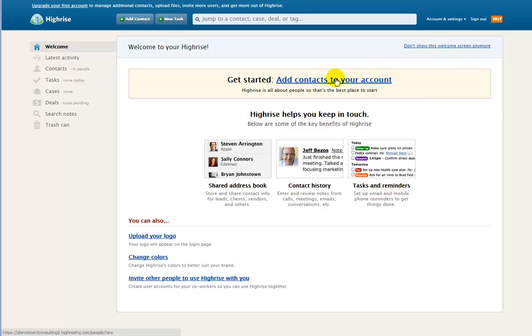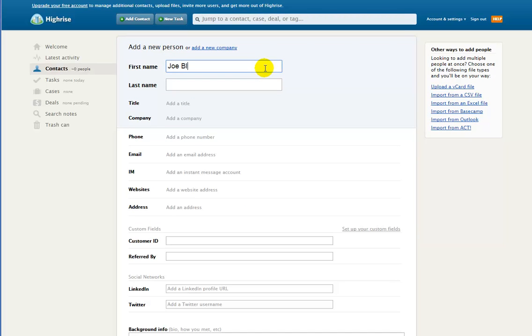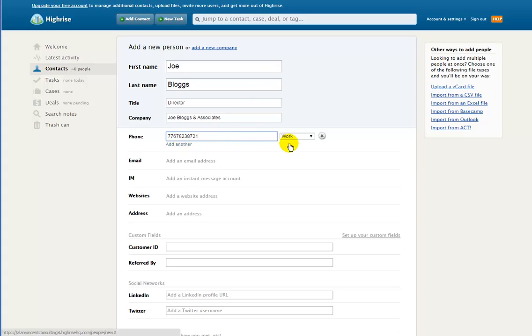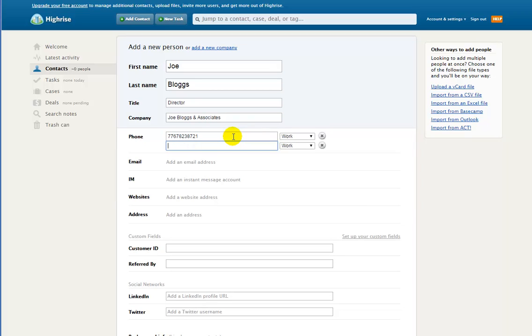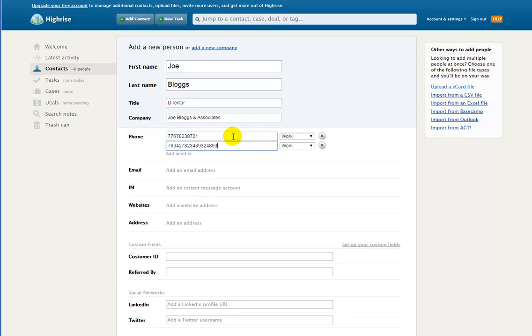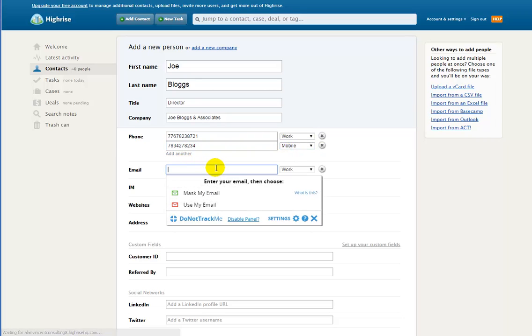But you can start, for example, just by adding a contact. So let's just say Joe Blogs. You may be a director of a company. And of course we'll add in a phone number. I'm not going to put in actual numbers now, which could be a work number, and that could be a mobile number, an email address,